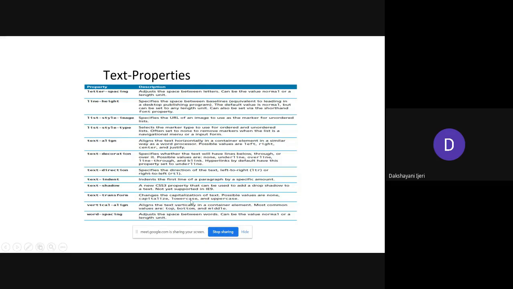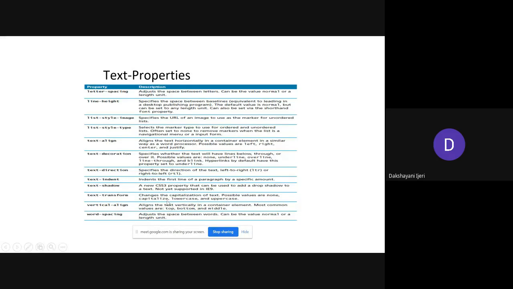Right, so lowercase is going to make all the letters appear in lowercase, whereas the uppercase value is going to specify all the letters to appear in uppercase. But capitalize is going to make only the first letter of each word appear as a capital letter.